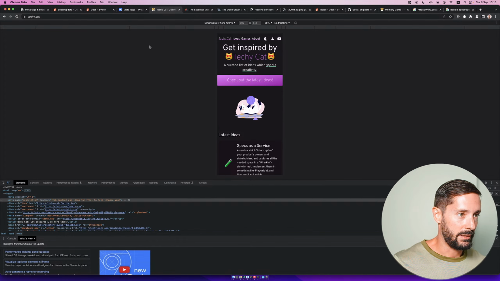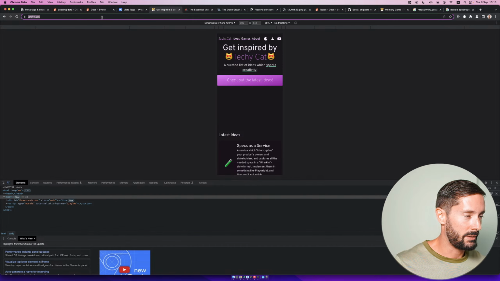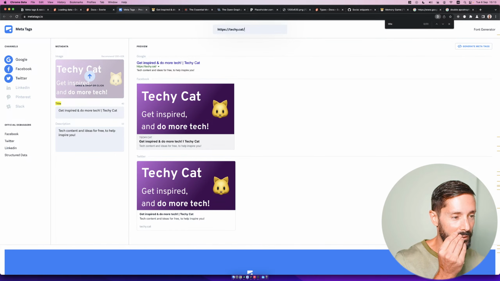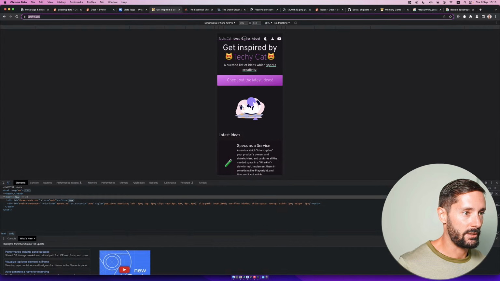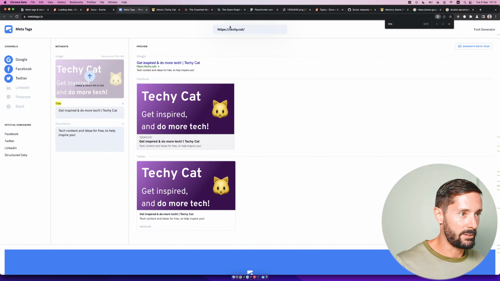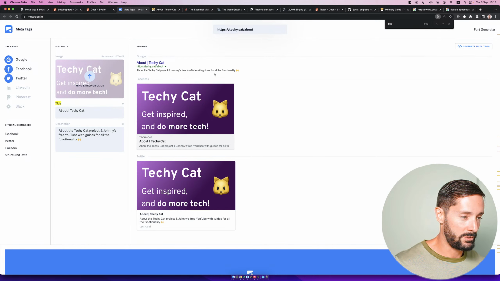And now, if you remember sharing TechieCat, it rendered no image to begin with, but since now the Vercel deployment is done, it seems like if we share this page, we do get the nice snippet, the home page. If we share the about page, it does have the same snippet, but does overwrite the information here,